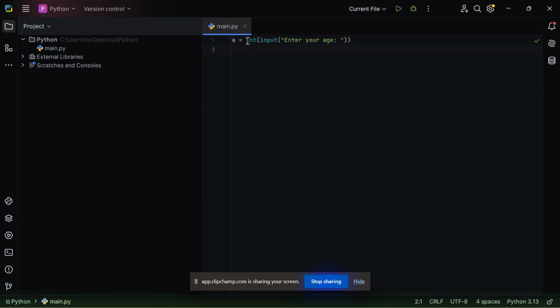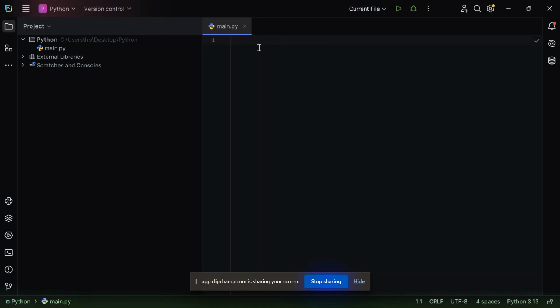I think it is clear that with a variable we can get input. We have learned the input function. Now we're going to do it again, step by step.